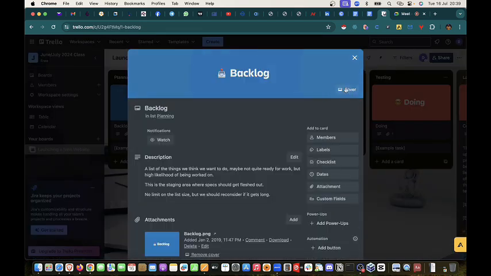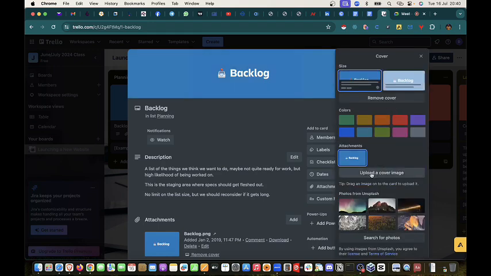Now, this place where it says cover, you're seeing the cover here. You can click on it and change this picture, because this picture was used because that was the list we had earlier on. That's the default list that came with it. So you can click on this cover and also do the same thing I did. You can upload your own cover image, or you can choose a color you want, or you can choose from the already existing pictures that